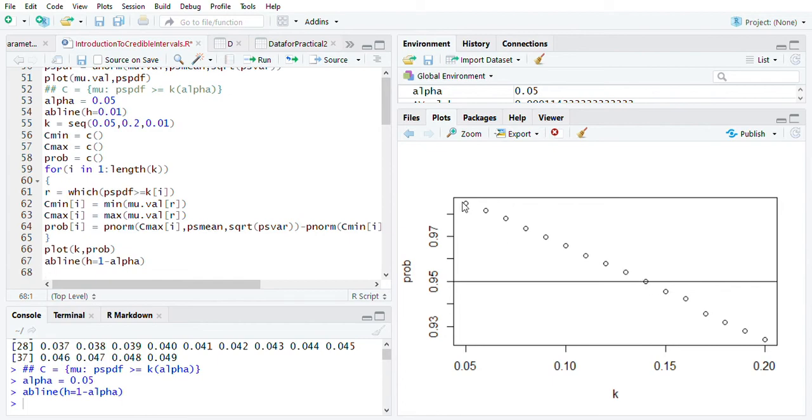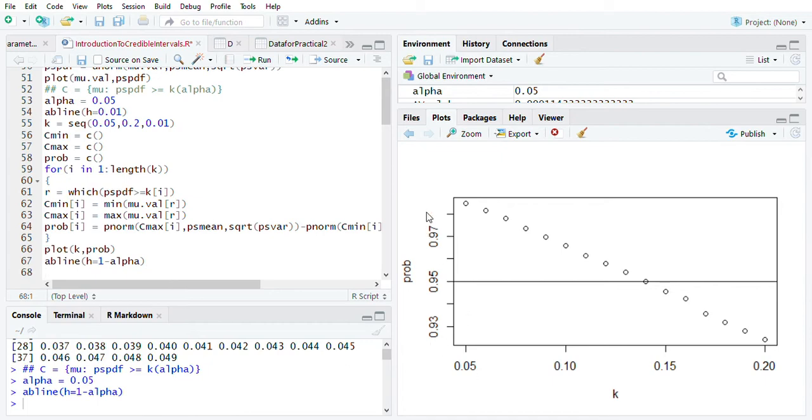these are the values of k. These are where the probability is more than 0.95, and if I start with this, so at 0.15 to 0.2 onwards, the probability of the interval is less than 0.95. So these intervals are of no use. So all these are the values of k for which the probability is at least 0.95, which is 1 minus alpha. Now the HPDCI is nothing but the interval for which the coverage probability is at least 0.95 and k is as large as possible. So k is the largest integer.